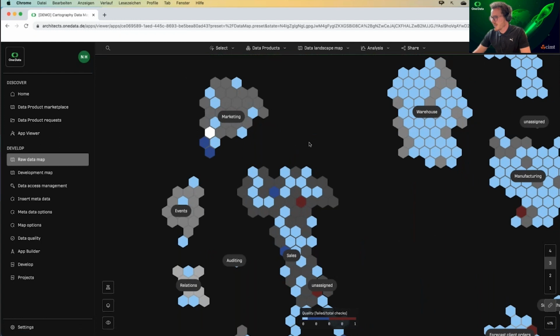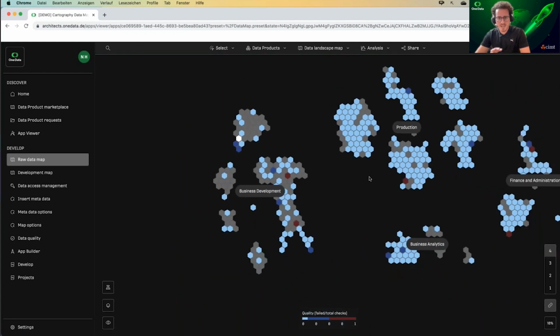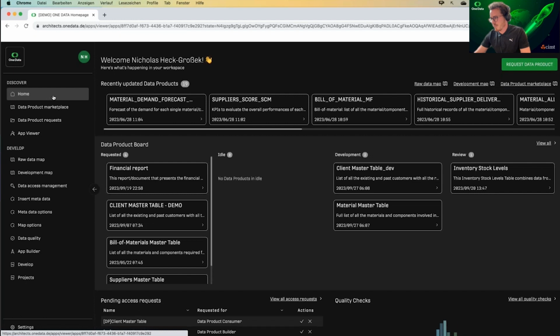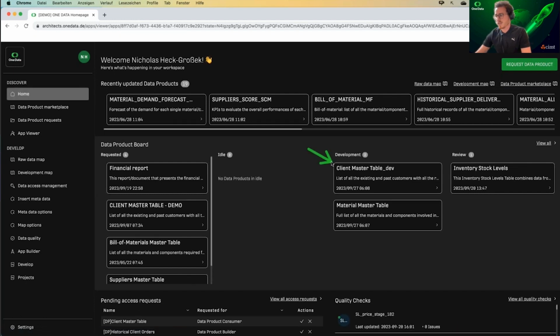So let's pretend that we skimmed through our entire data landscape this way and that we found what we are looking for. Let's further assume that we already started some work in the development process, because I now want to bring you very deep into the developer perspective of the One Data product builder platform. So we navigate back slightly and we see that my colleague, in fact, has started the development right here. So we see that the client master table is now in the development stage. We go into the request again